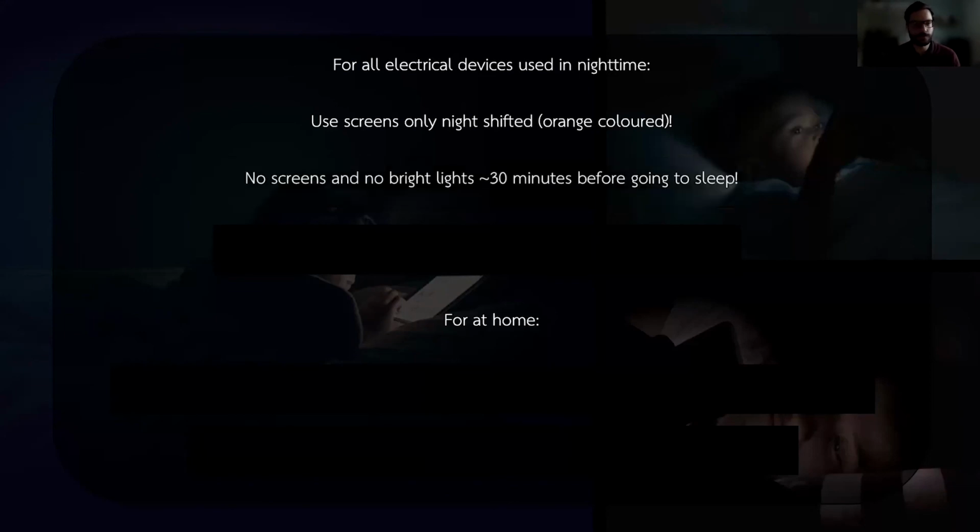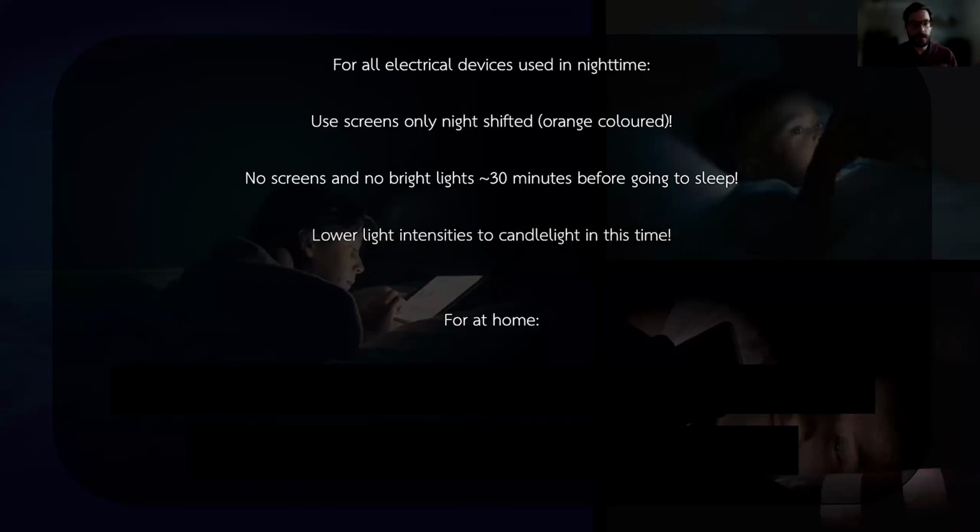So what can you do at home for electrical devices? Here are some tips of mine. Use screens only night shifted. I think the night shift is something that is now installed in every smartphone. But in fact, no screens and no bright lights at least 30 minutes before going to sleep. And lower, if you need some light, lower your light intensity to candlelight in this time. Candlelight is something the human eye can be